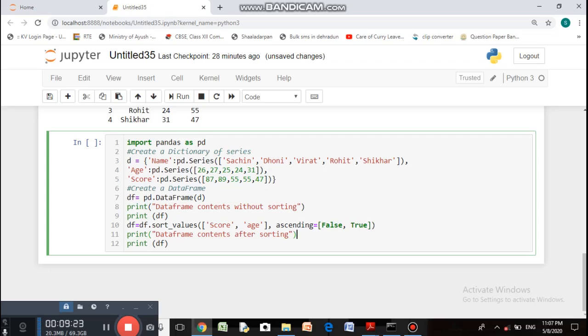So false means in descending order and true means in ascending order. Here firstly the data frame will be sorted on the basis of score column, and if two values are same in two rows, then the rows will be arranged according to age in the ascending order of age. Alright, so now let us run this code and see the result.